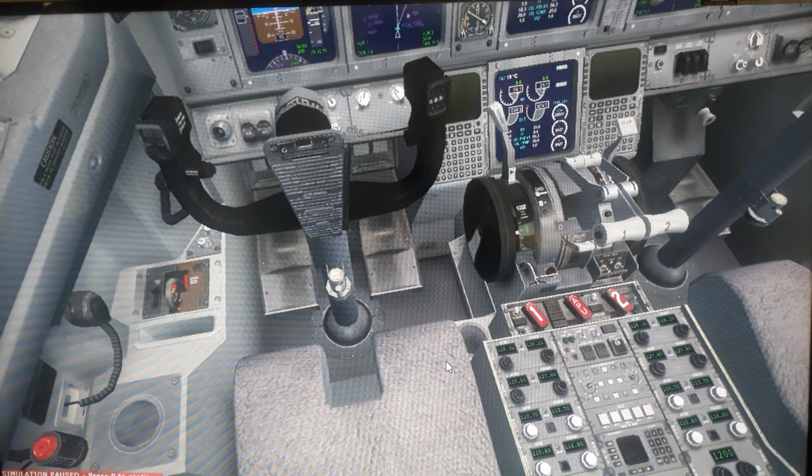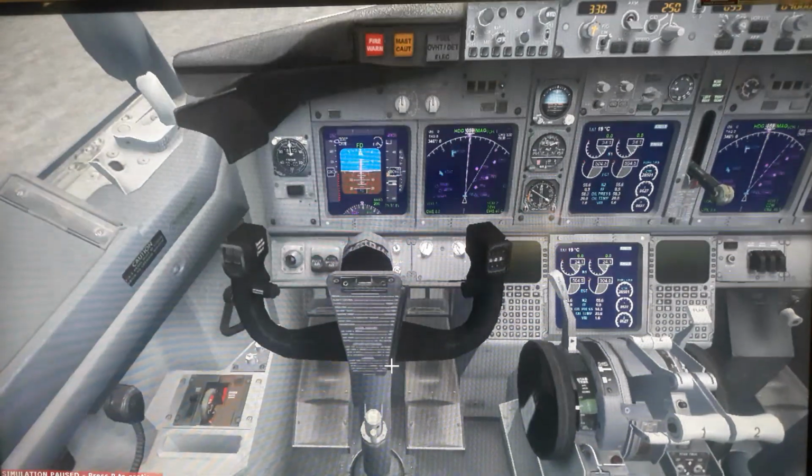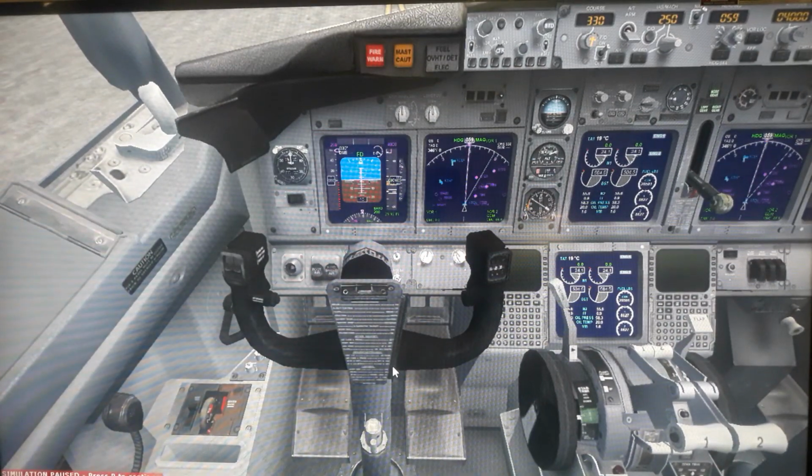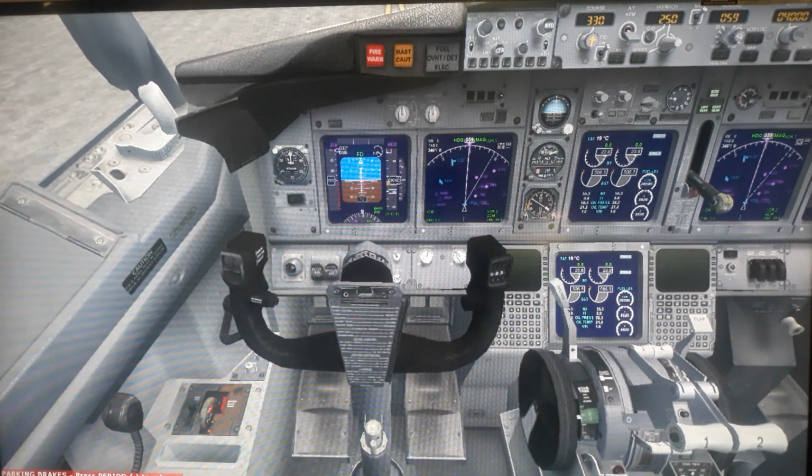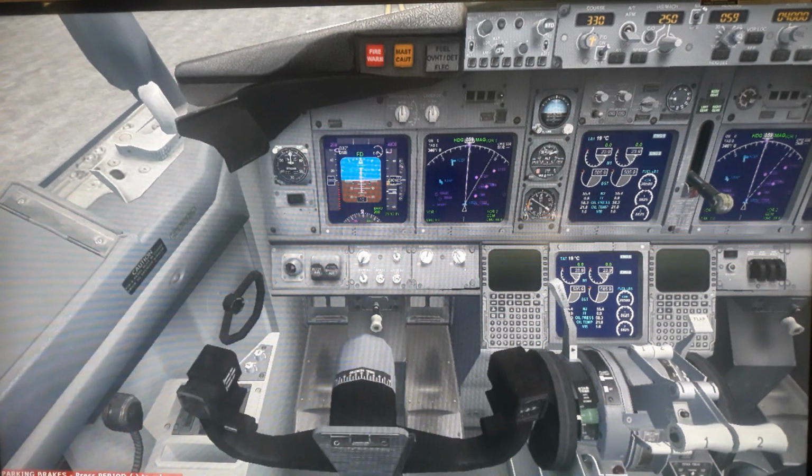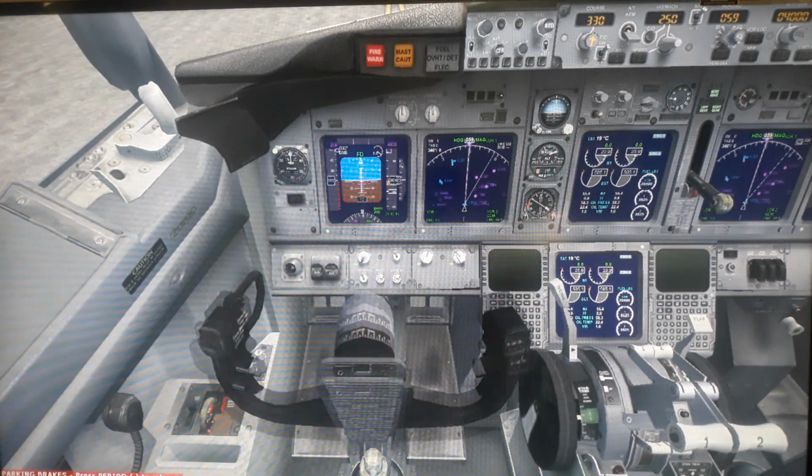Now let us look at the yoke. Now the yoke, or the stick. They are like yoke now. It's old-fashioned terminology. So this one, the yoke, see, for takeoff you pull the yoke.